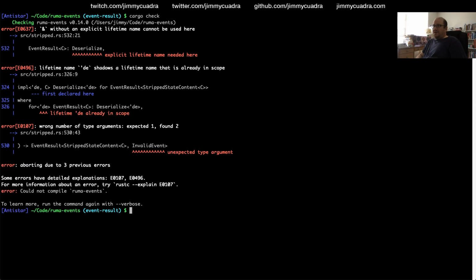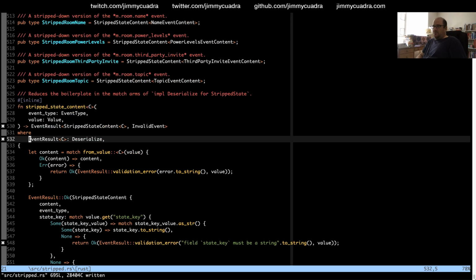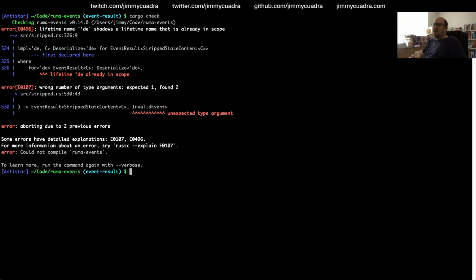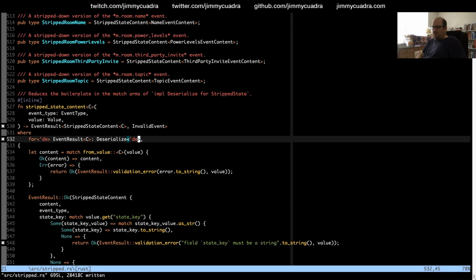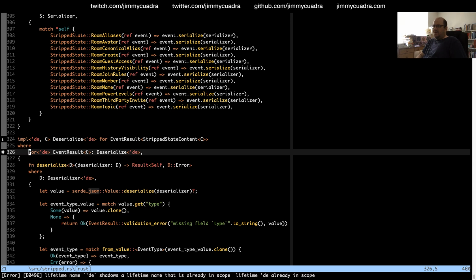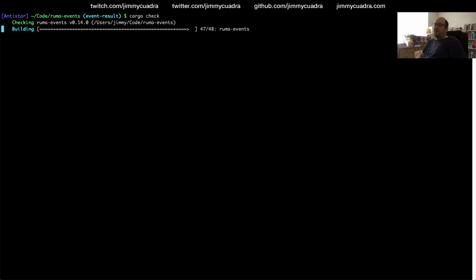Ampersand without an explicit lifetime name cannot be used here. 532. Same thing here. Lifetime DE shadows a lifetime that is already in scope. 324. Oh, I didn't need the higher-ranked trait bound there. It was already part of the trait.